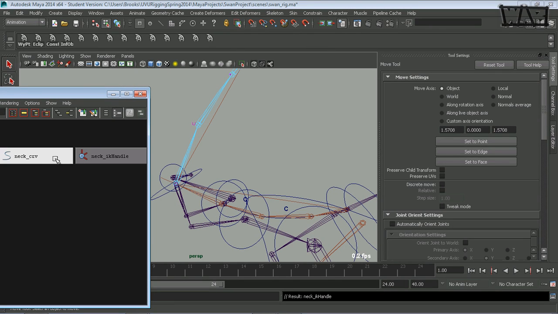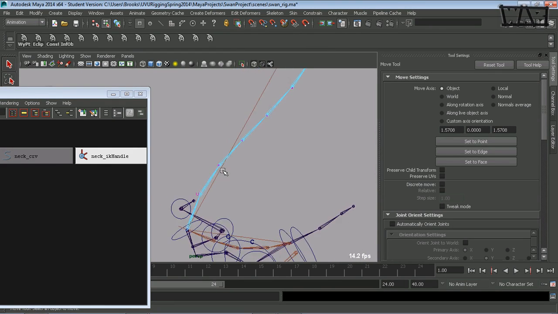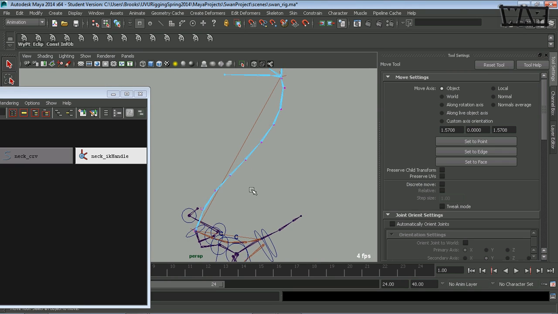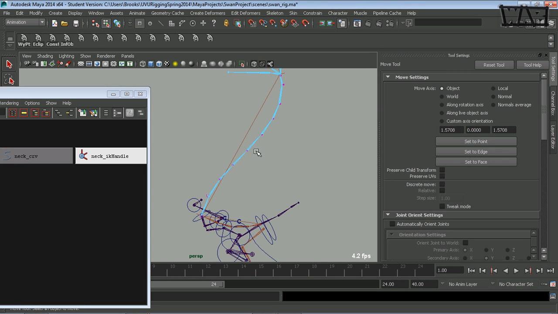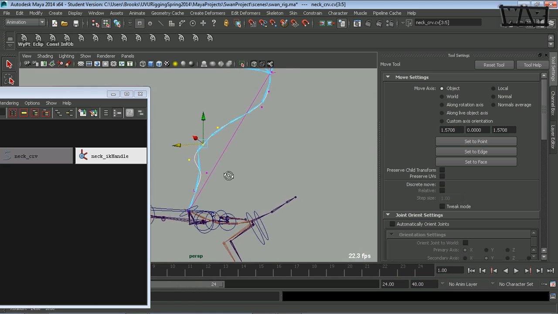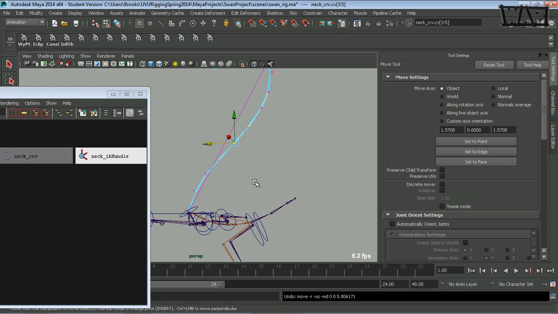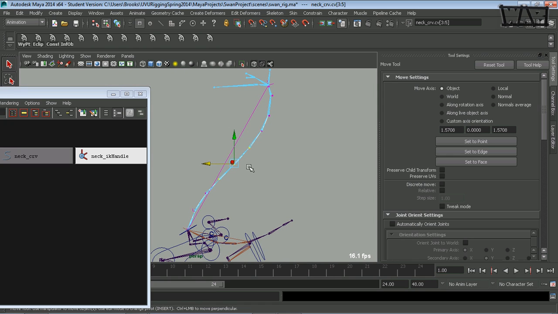So I had the neck curve selected. I'm going into component mode just to check to see how this functions. Okay, so I'm going to grab a few of these, and it seems to be working okay. So we'll need to create a couple